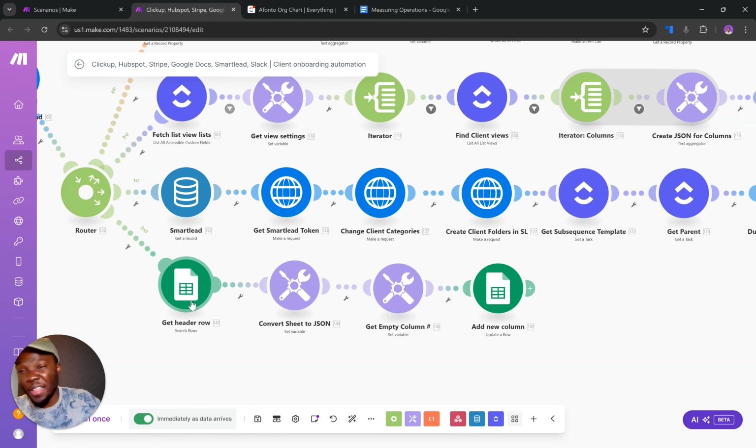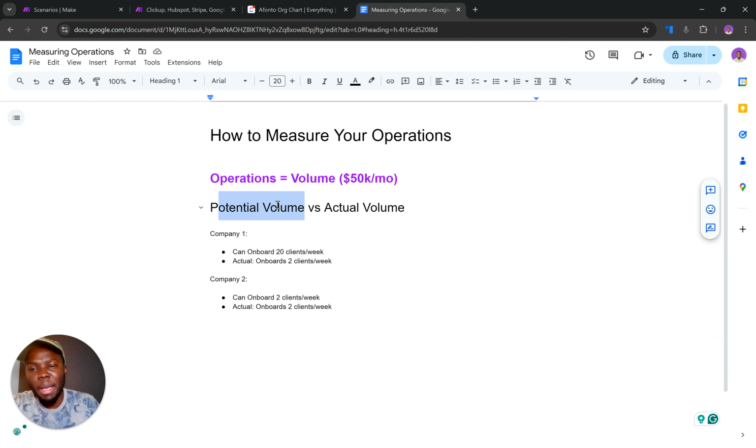And there's a lot of other stuff happening during this onboarding process, but when it comes to my potential volume, I can actually onboard more than 20 clients per week if I desired. And I would be able to do that within less than 4 hours perhaps, right? And so my potential volume is high, but what's my actual volume and what do I actually need to reach